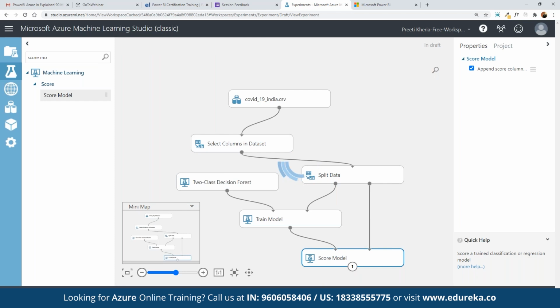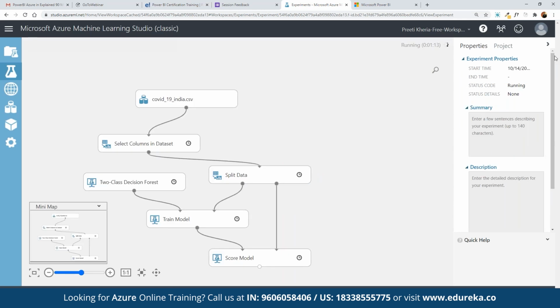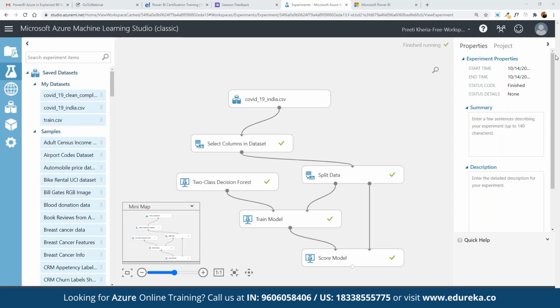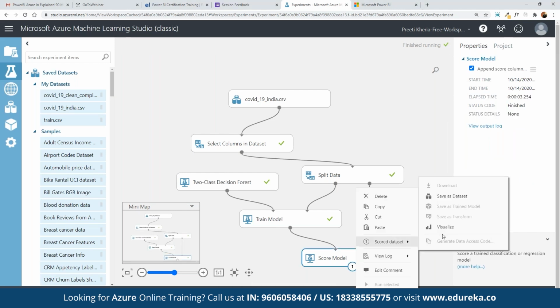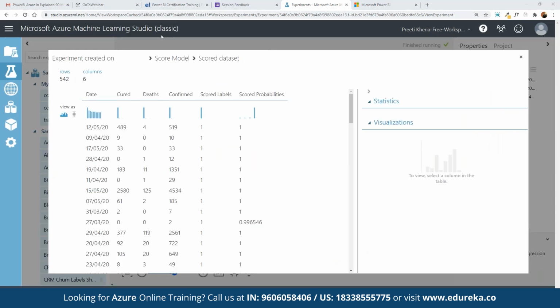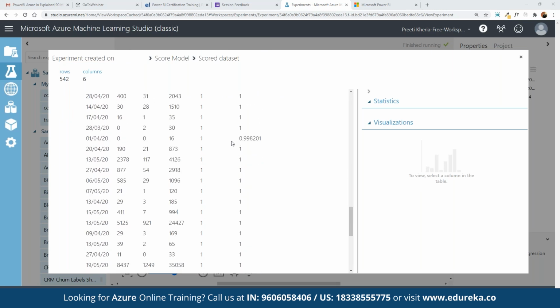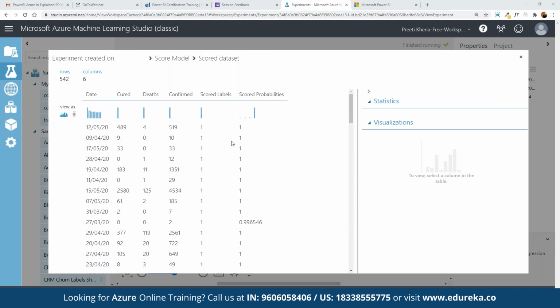Once we are done, we can simply run it to see. If each and every step is correct, we will be able to see the entire model created one by one. That means each model statement is currently being executed one by one, and if there are no issues, it is going to be deployed automatically. Now if we want to visualize, we can right click on it, click on score data set, and visualize to see the score based distribution derived for each data point that we have defined.